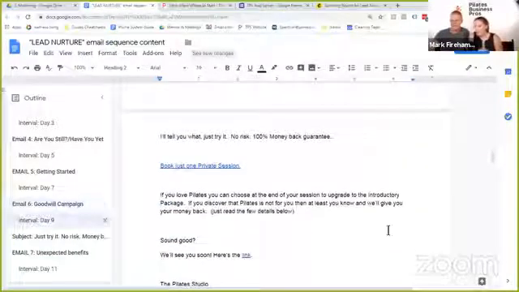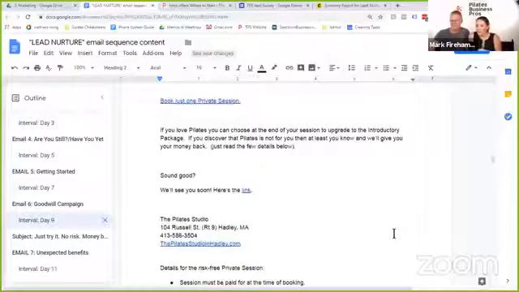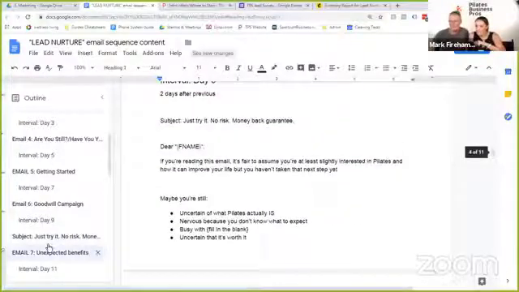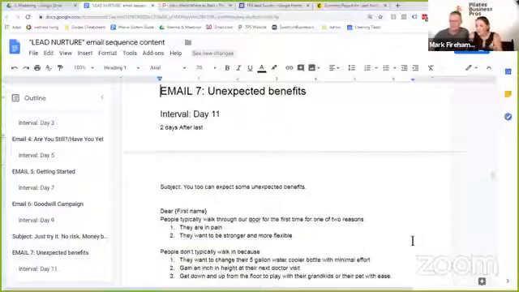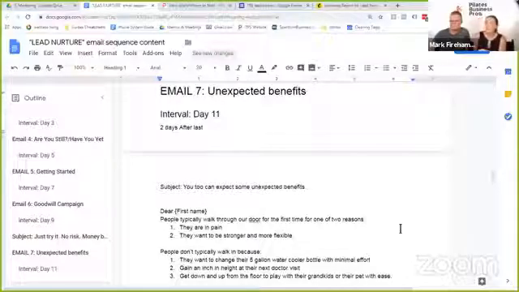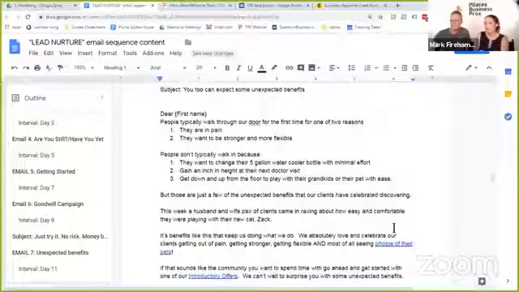So how far are we going with this? Well, let's just run through the last few kind of quick. Let's see, what do we have next? Go down a little bit more. Oh, email 7, unexpected benefits. Yes, we've talked about Pilates and what it can do for you, and strength, flexibility, all that kind of stuff. But here's where we start talking a little bit more about our studio and the community feel,